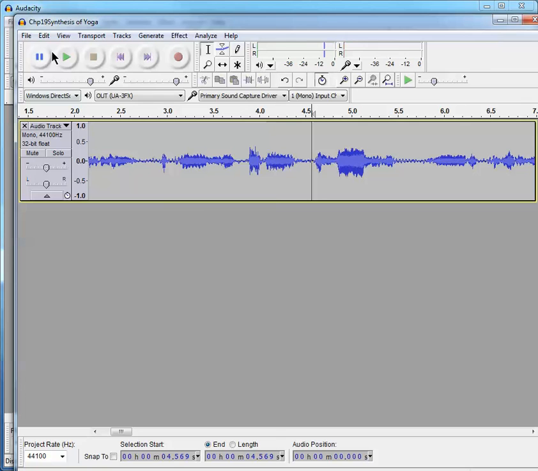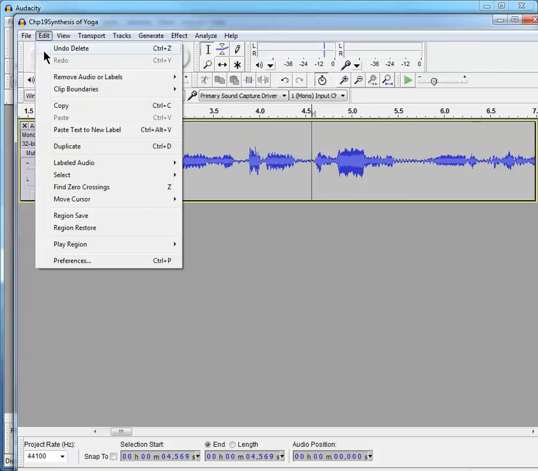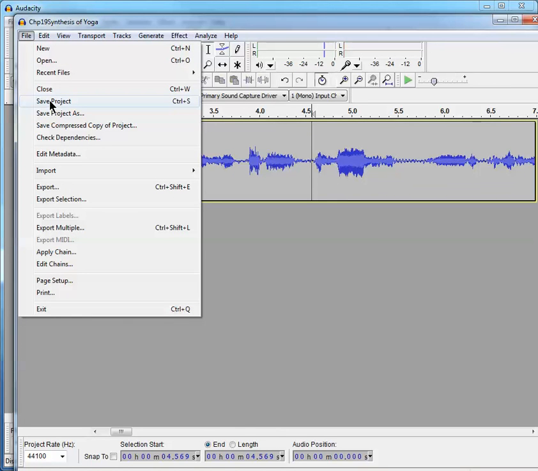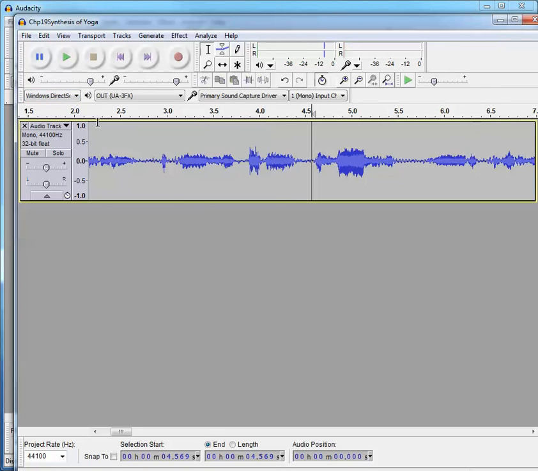Once I've done that, I now need to save again. So this is saving the project, and it's okay to save it over the old project because now this is an edited version. You don't have to have a bunch of different versions. And now, if that is all the mistakes, for example, here,